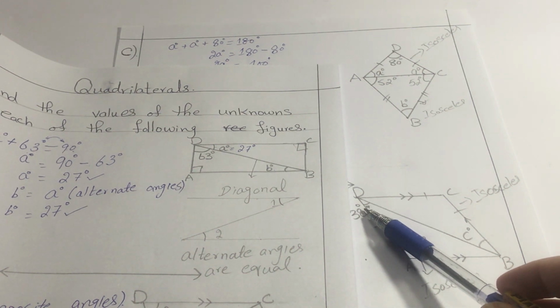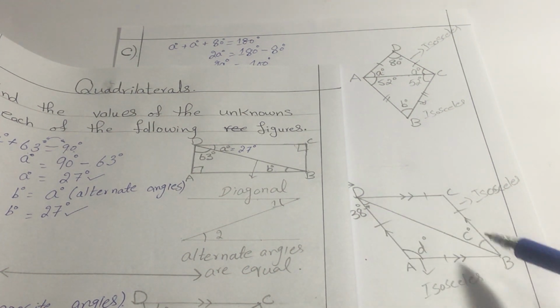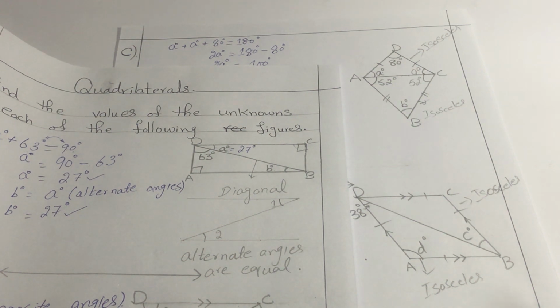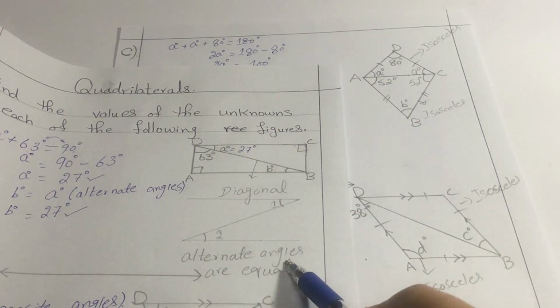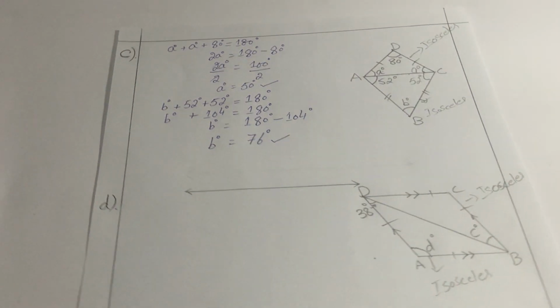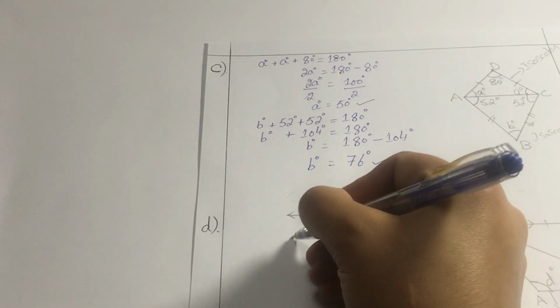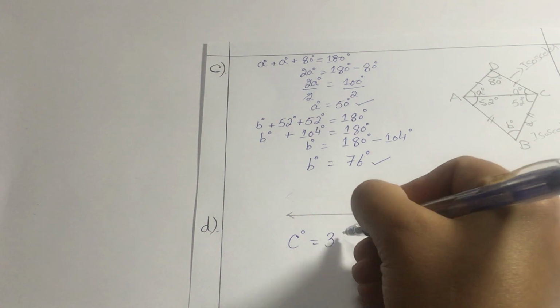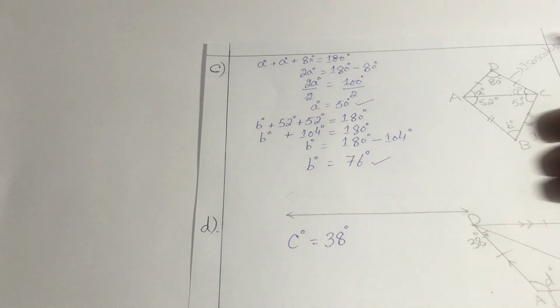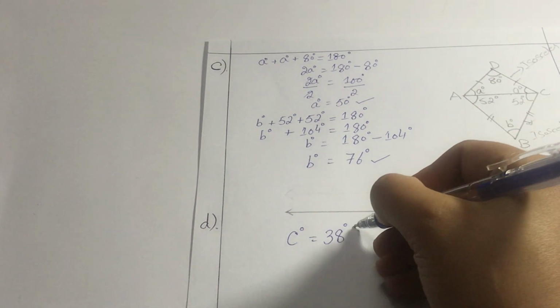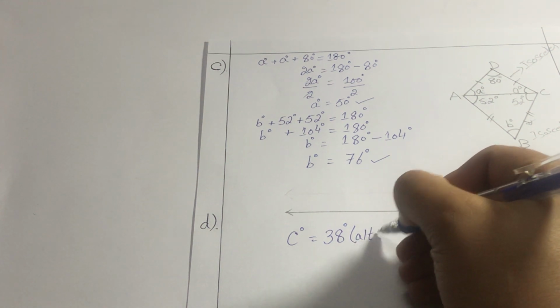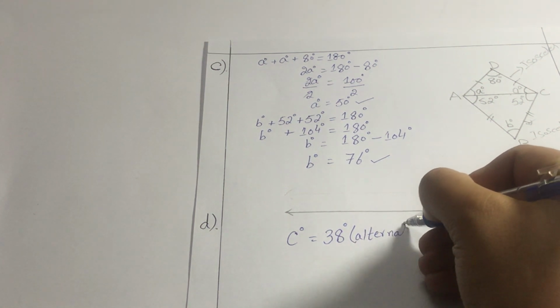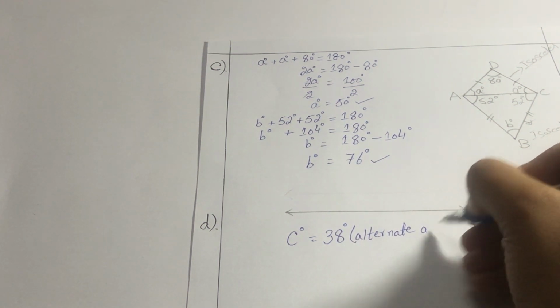So, similarly, these two angles are also known as alternate angles, and alternate angles are always equal. So, C degrees would be equal to 38 degrees because these two are alternate angles,